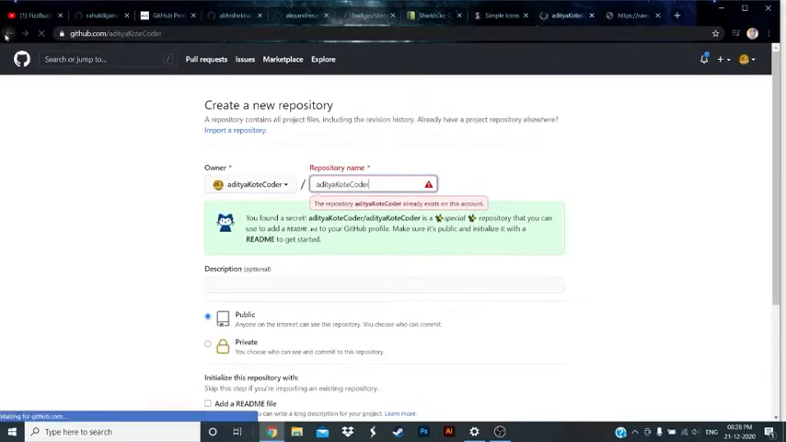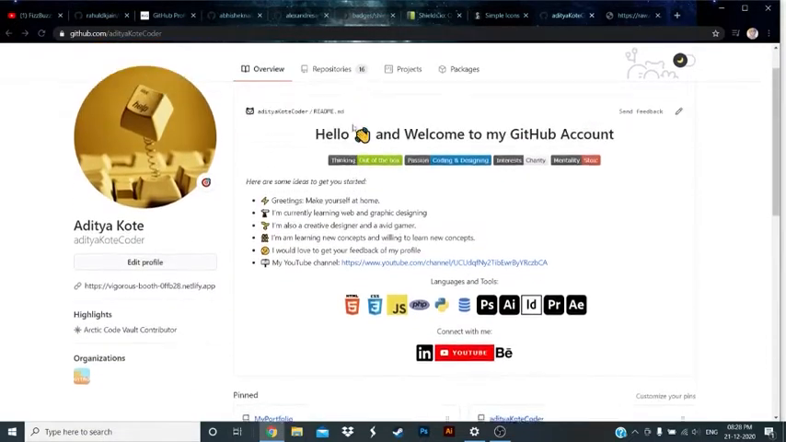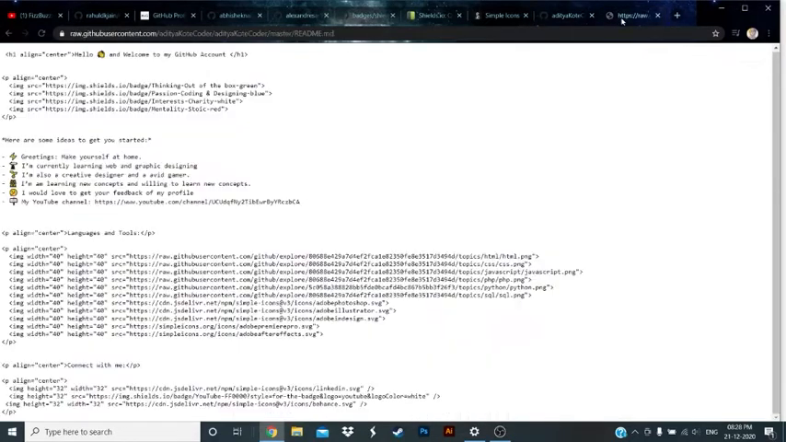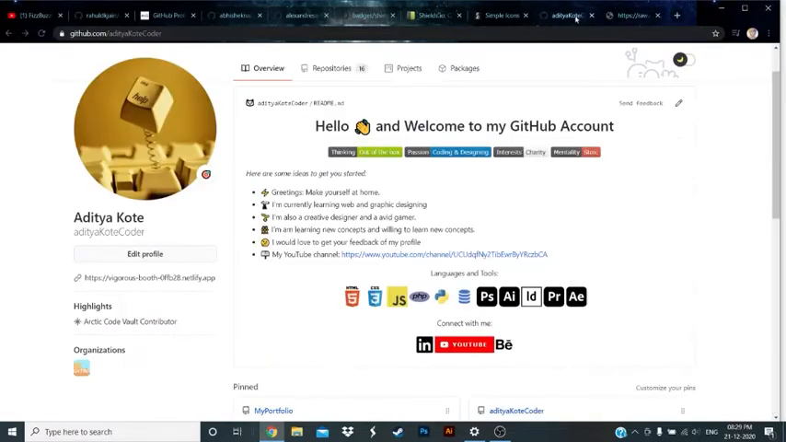I'll go back to my profile. So I'll start from the beginning. This is how it looks and this is the raw code for that. This is similar to the HTML code where you type for a website. Over here h1 align, and over here I have used a link for shields.io